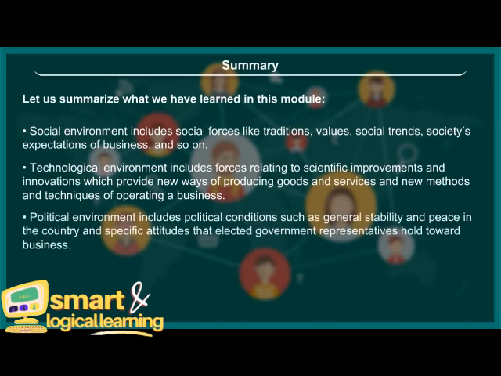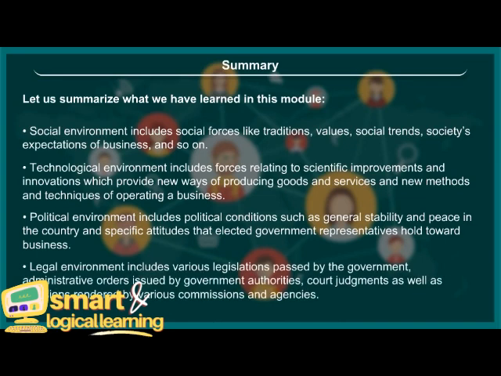Political environment includes political conditions such as general stability and peace in the country and specific attitudes that elected government representatives hold toward business. Legal environment includes various legislation passed by the government, administrative orders issued by government authorities, court judgments as well as decisions rendered by various commissions and agencies.